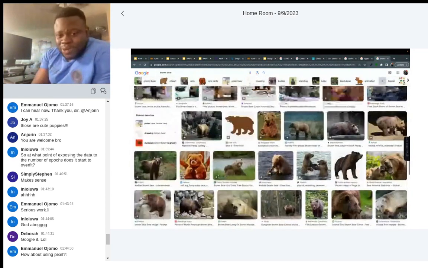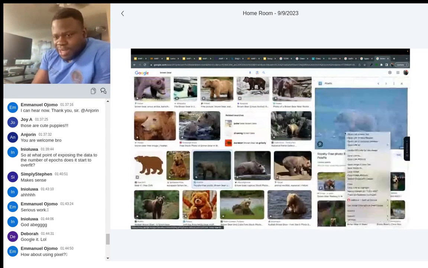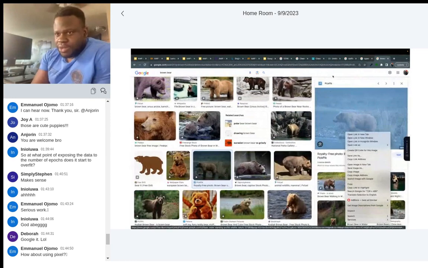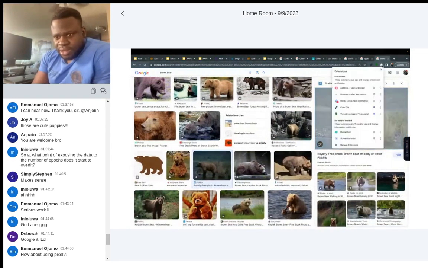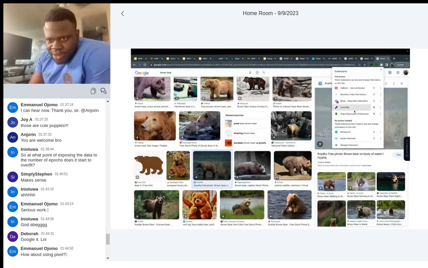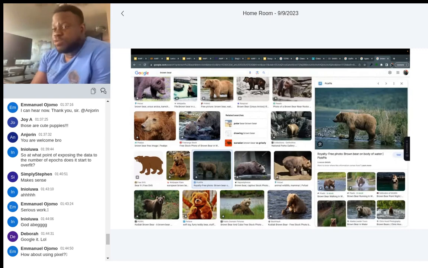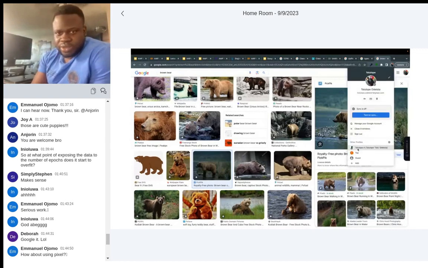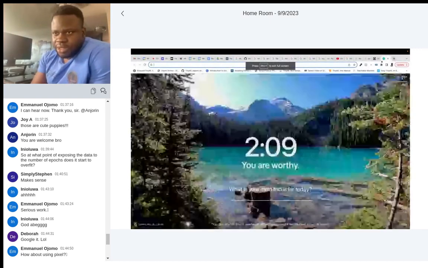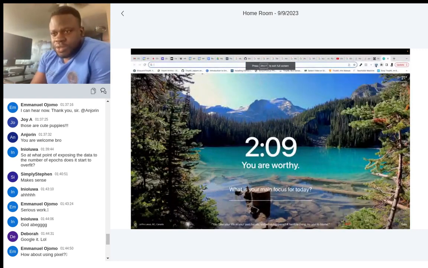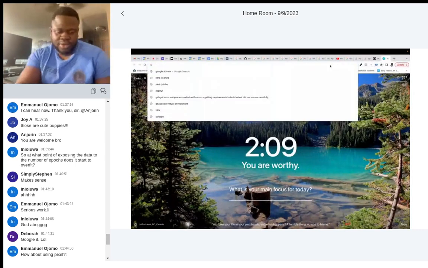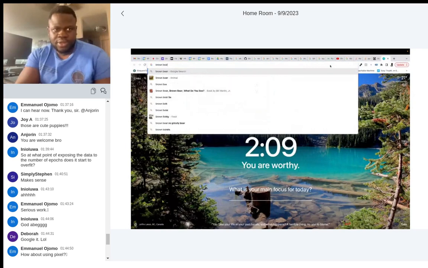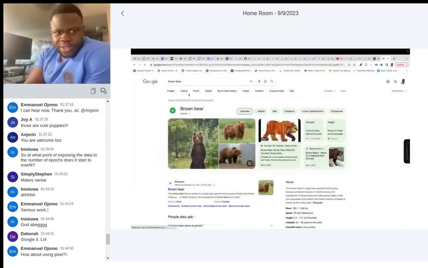Now, are you going to start clicking and saying download? No. There's something called, what is it? It's not called Mozilla. There's a plugin. We're already moving away, but I'm just telling you, there's a plugin. This is it, brown bear images.